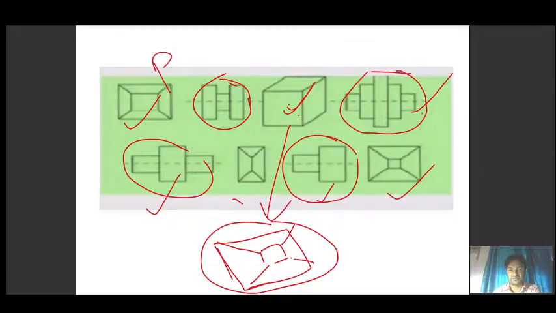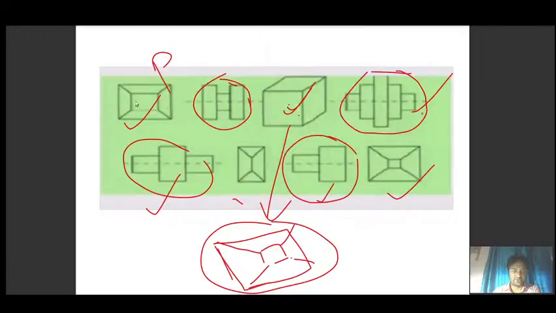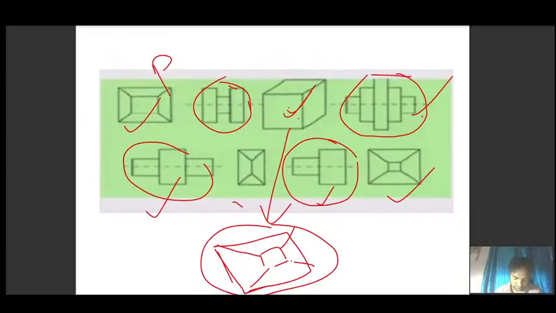For another family you can take this one, family 2, this one family 2.